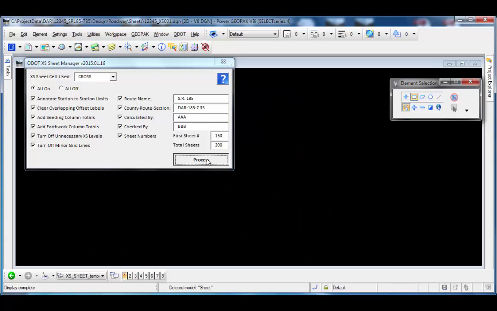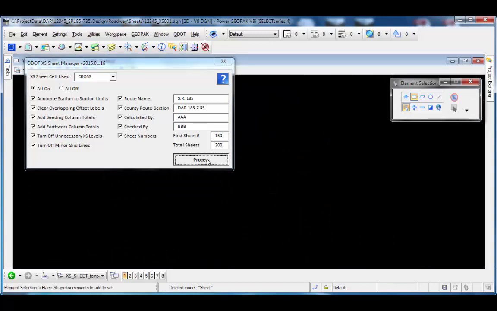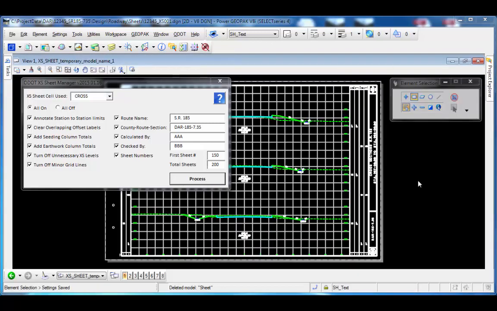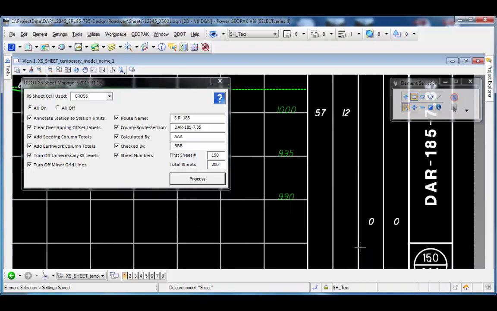And it's going to flip through each model and apply all the different things it needs to do. And then when it's done, I'll take a look at one of the models. Okay, the processing is complete, and it did take a few minutes to run through on this file. There were 28 models in this file, so there's a lot of cross sections for it to manage as it goes through and processes. So just to take a look at everything here, I'll zoom in a bit,